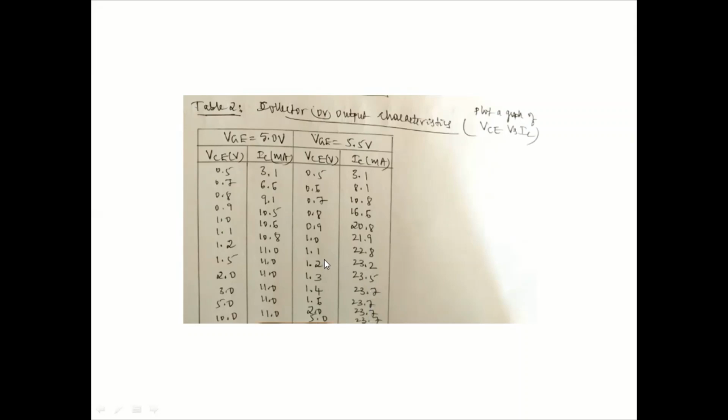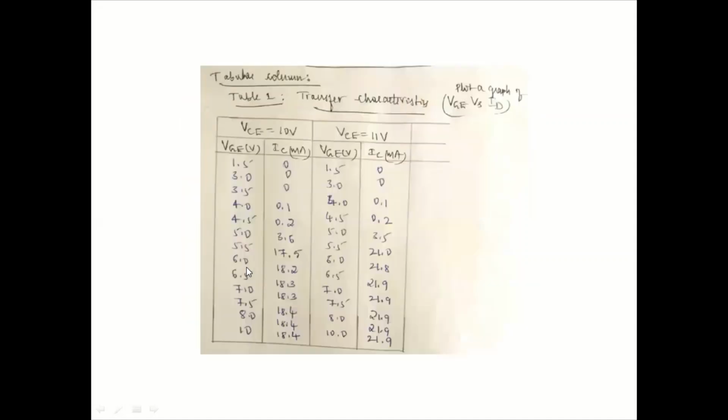After that, there is only a sharp increase in the voltage across the IGBT, but not an increase in the collector current. Similarly, here also for a lower value of gate to emitter voltage, you can see that the voltage is increasing, but the current has remained constant. Here it is a lower value because the gate to emitter voltage is lower than in this case. Here the voltage is 0.5 volts higher than in the first experiment. That's why you can expect here that the saturation value of the current is more than the previous. So the plot of the collector current versus the collector to emitter voltage is called the output characteristics, whereas in the previous case the plot of collector current versus the gate to emitter voltage is called the transfer characteristics.